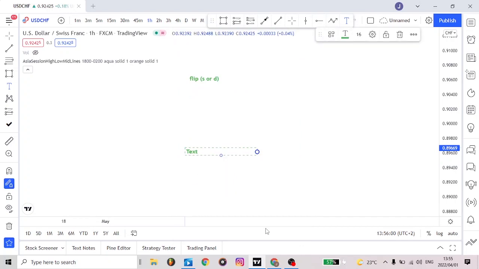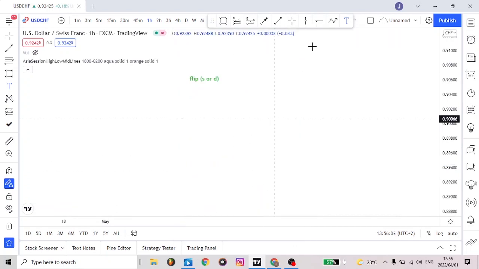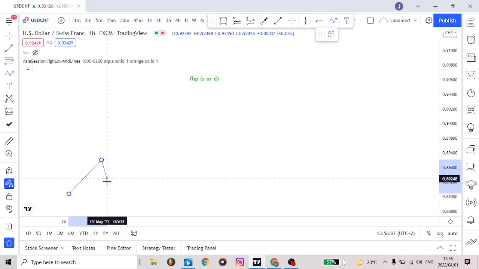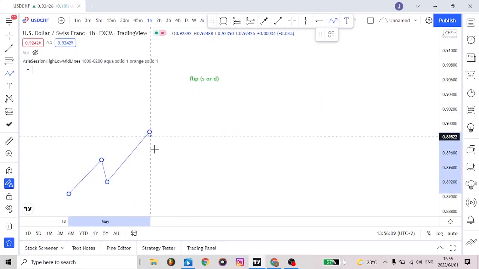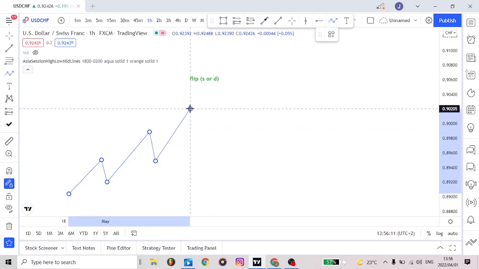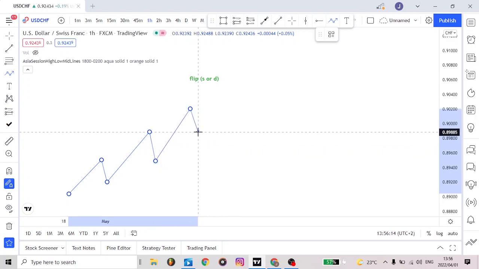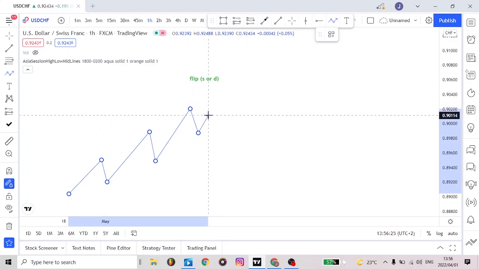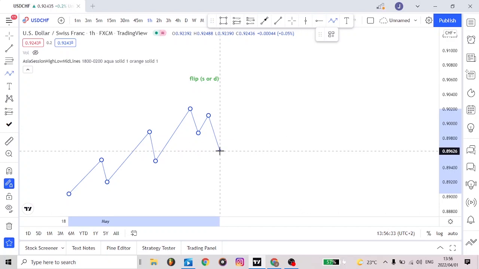Now here, let's say the market is also in an uptrend. The market is going up, creating higher highs and higher lows. Now we see something like this, and then the market just stops there, and then instead of taking the high, creating a higher high, the market pushes to a certain percentage of the previous range, and then it shoots downwards, creating something like this.